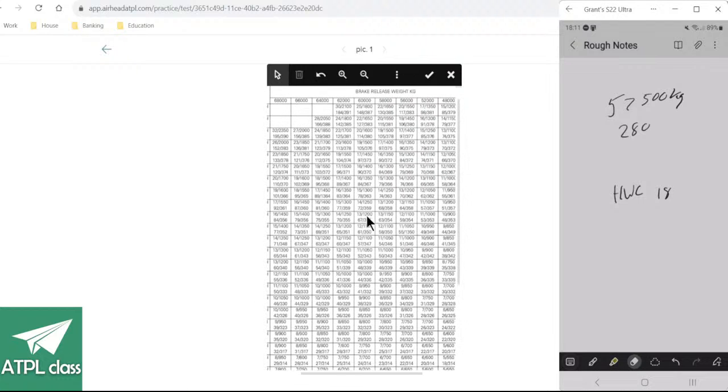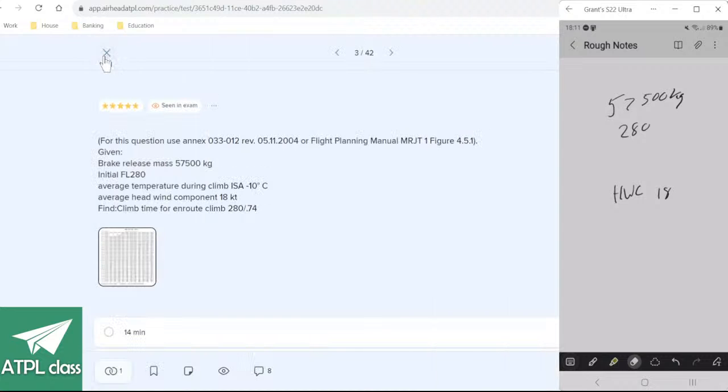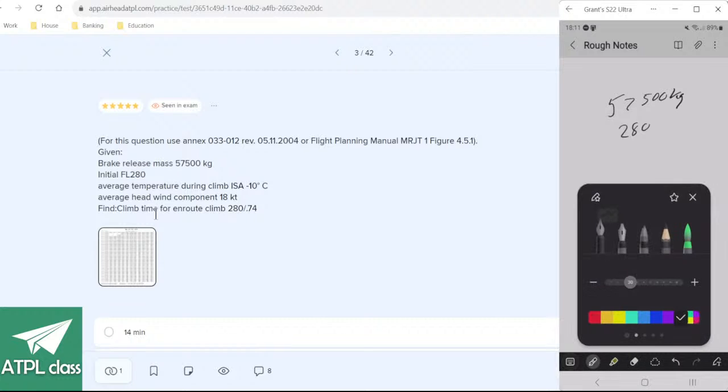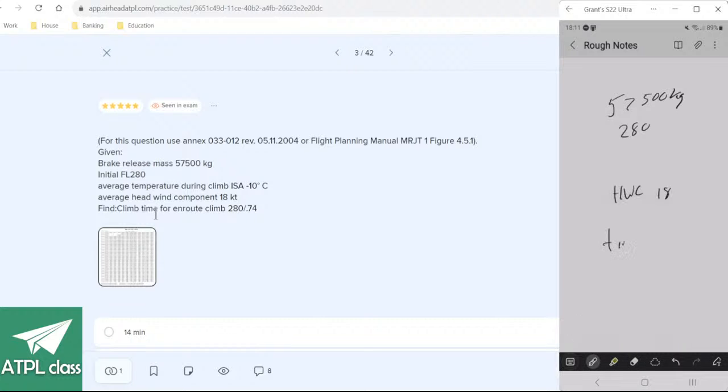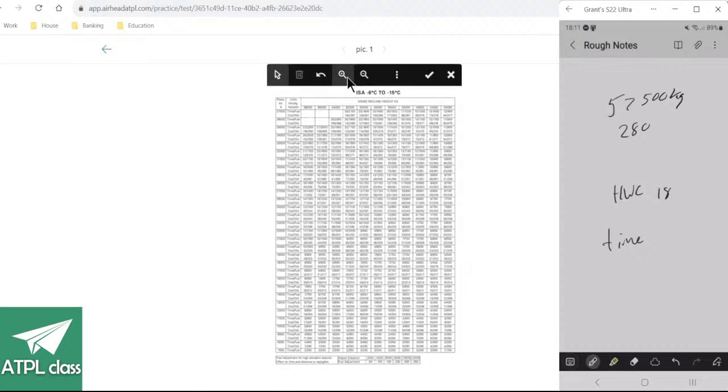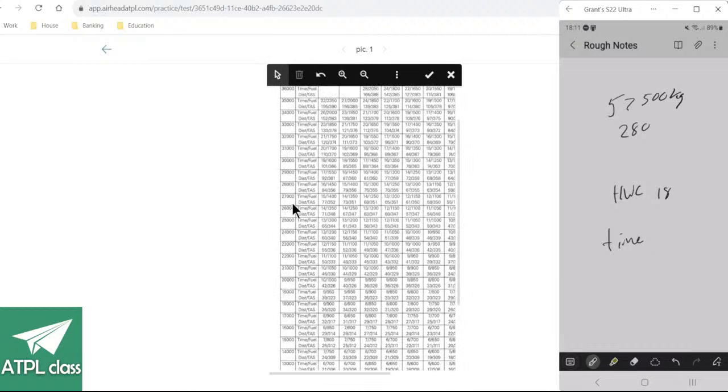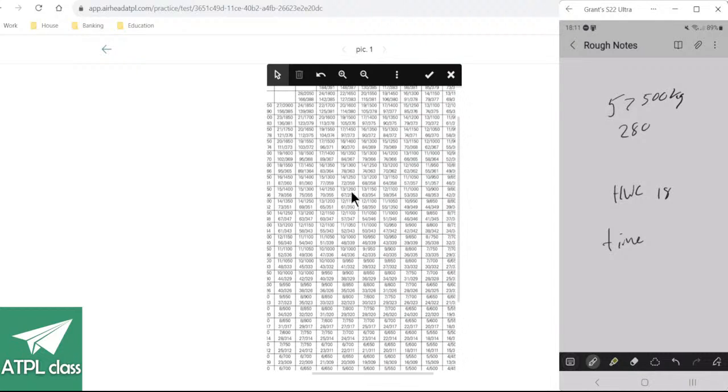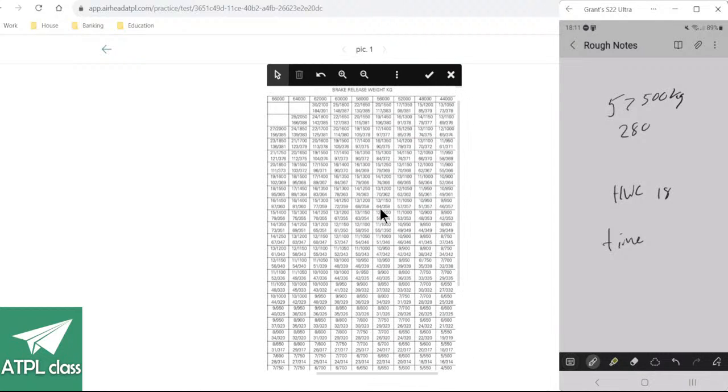And interpolate between these two, and they want to know what time. Come on. Time. So 280 was there. Time is the first number, and we're interpolating between 56 and 58, so I'm looking at maybe 12.5